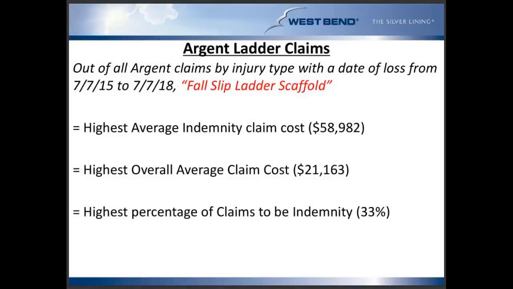$58,982. And so a lost time claim, and we don't need to go into detail on this, but those lost time or indemnity claims go into your future experience modification rating at 100% impact, whereas a medical only claim is given a 70% reduction on how that impacts your future EMODs. So you can see these claims averaging at $58,000 is going to have a significant cost impact on future premiums down the road. Not only that, just the overall average claim cost is $21,000, and with